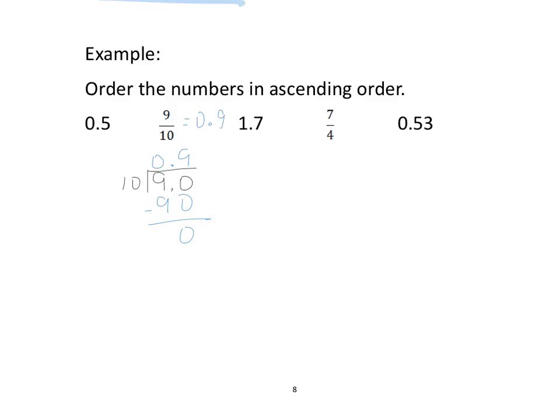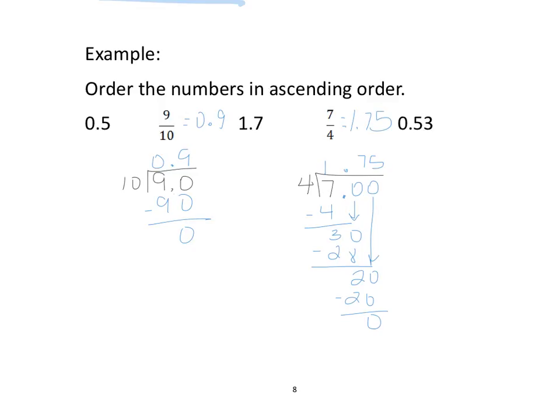For 7/4, 4 goes into 7 1 times. 1 times 4 is 4. 7 minus 4 is 3. Add a decimal point and bring it up. Add a 0, bring it down. 4 goes into 30 7 times. 7 times 4 is 28. 30 minus 28 is 2. Add a second 0, bring it down. 4 goes into 20 5 times, and 5 times 4 is 20. So 7/4 is 1.75. Now to put these in order, we look at the numbers and we see we have 0.5, 0.9, 1.7,